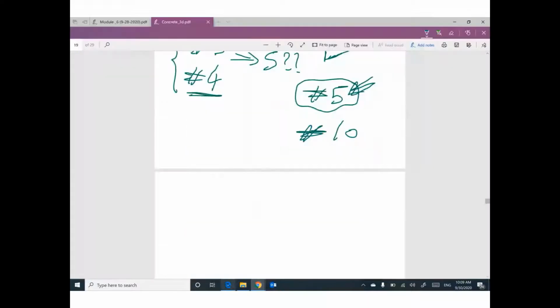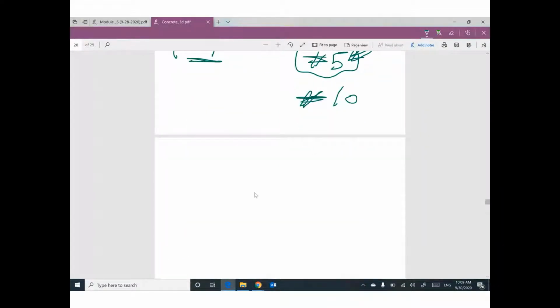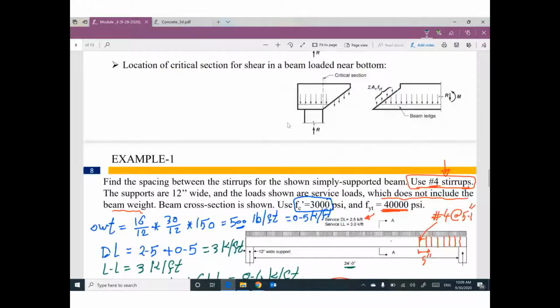If you go outside to any site and look at the size of your bar, it's very easy to deform these small sizes